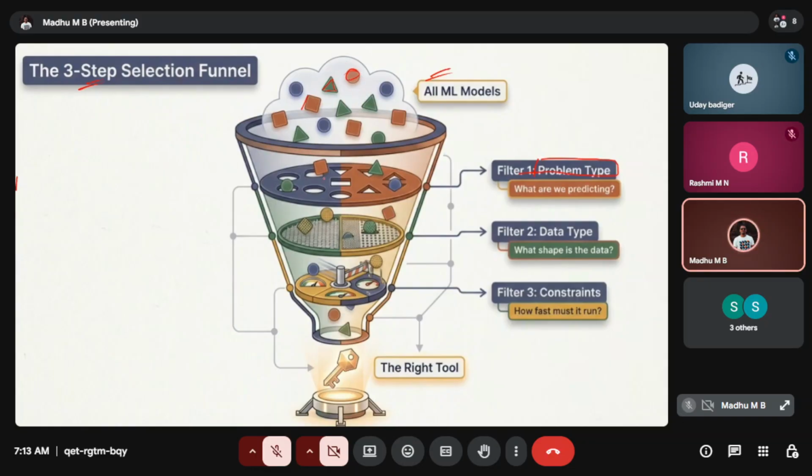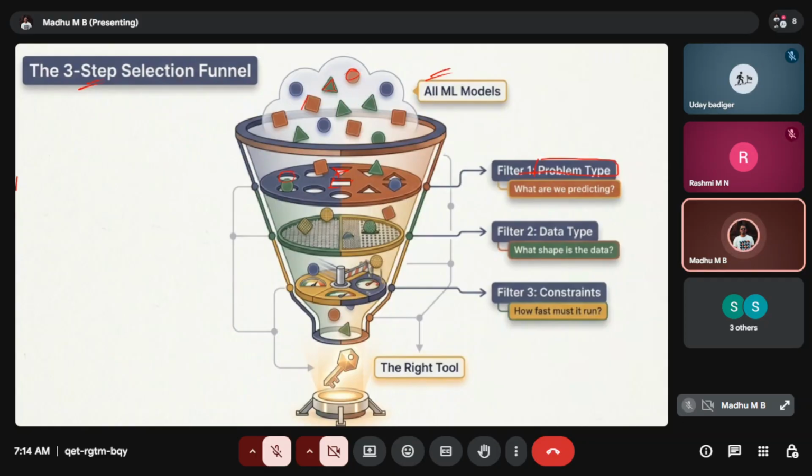But if you see the problem here, the problems need different solutions. A single ML model cannot fit all the use cases we'll be trying to solve. For that reason, we have to define the problem statement first. Before we select any specific model, we have to say what exactly we are trying to predict here.